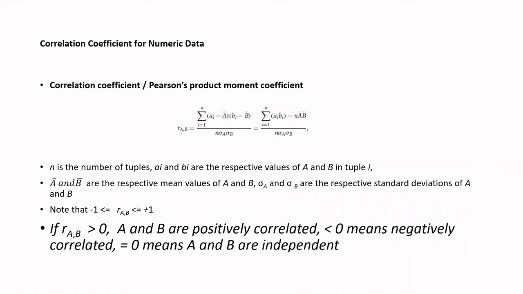So again, we have two attributes A and B. We are assuming both of them are numeric. Okay. And here this A bar actually stands for the mean value of A, and B bar stands for the mean value of B. So what is computed here is for every data item, a_i, you've got n data items in the data set, and for each of these you find the difference: a_i minus A bar into b_i minus B bar, that is what you compute.